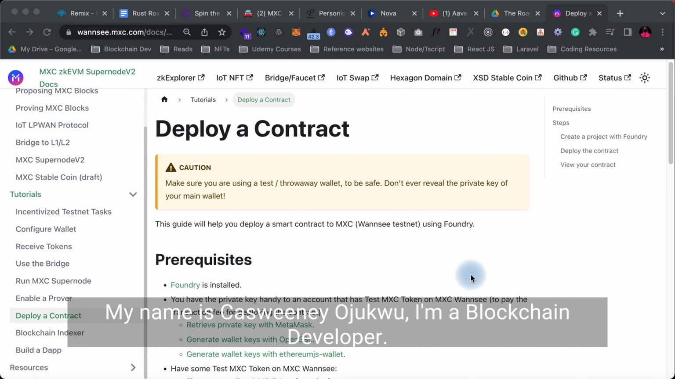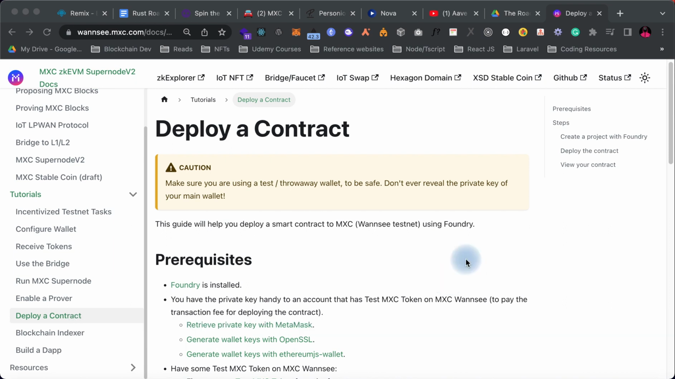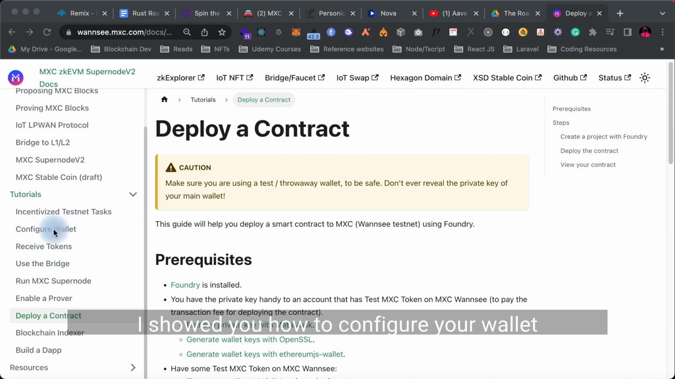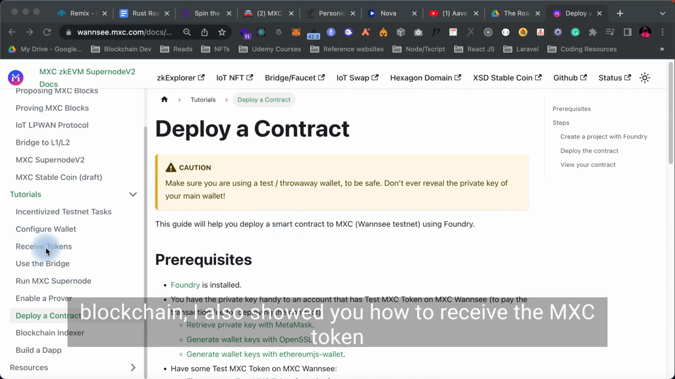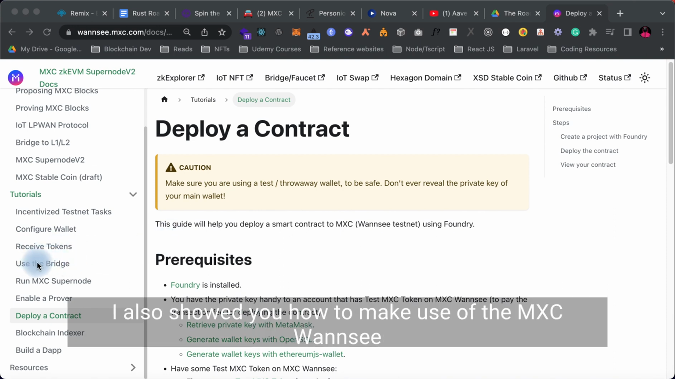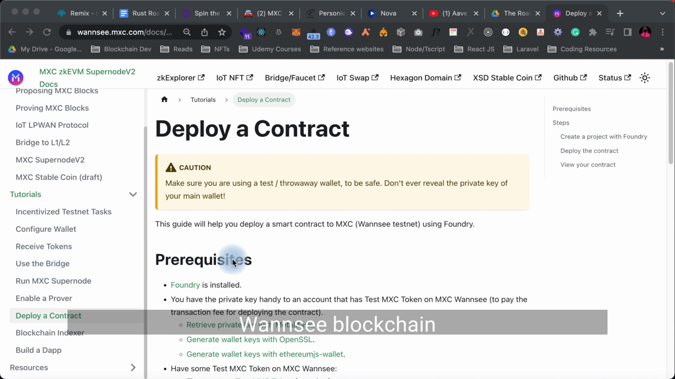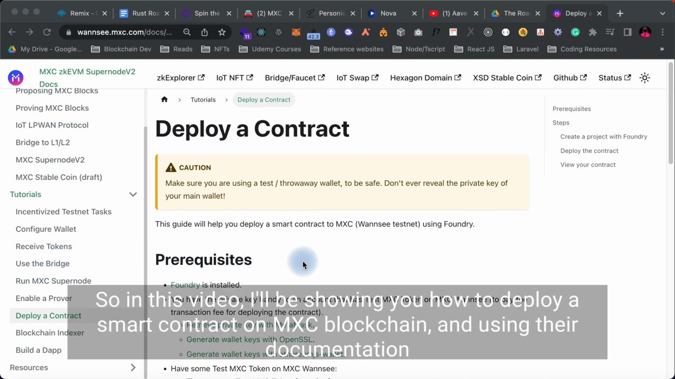I'm a blockchain developer. So in the previous videos about MXC zkEVM, I showed you how to configure your wallet and get it ready to build on the MXC blockchain. I also showed you how to receive the MXC token and the test tokens. And I also showed you how to make use of the MXC Wannsee bridge to bridge from the Arbitrum Goerli network to the MXC Wannsee blockchain. So in this video, I'll be showing you how to deploy a smart contract on the MXC